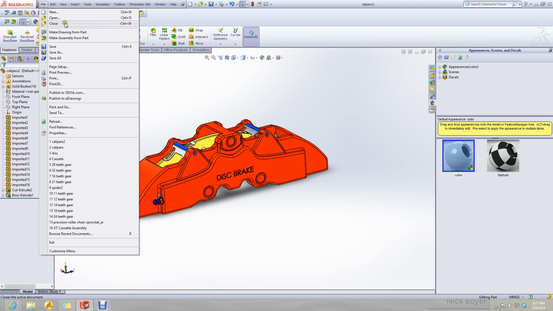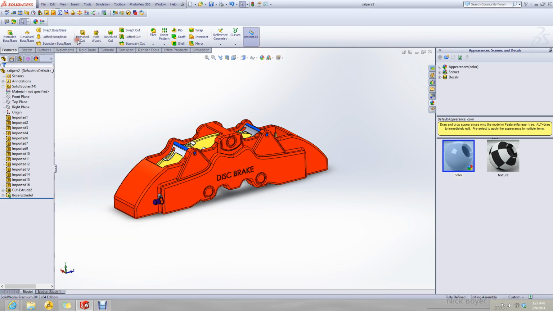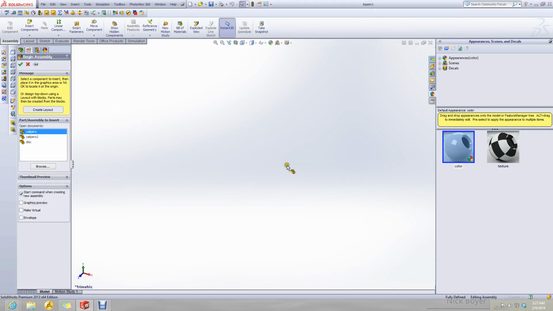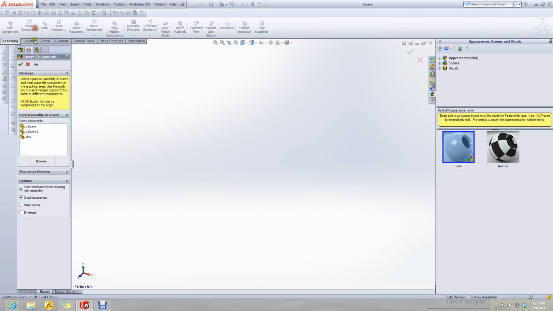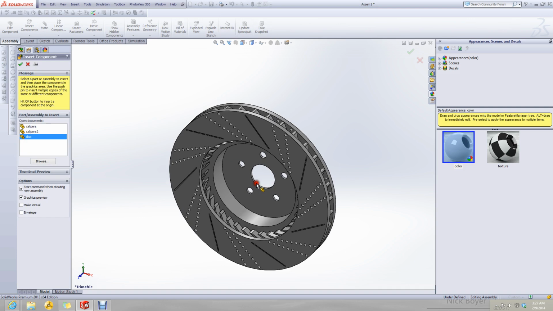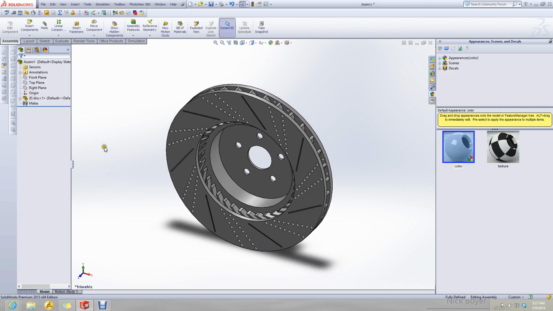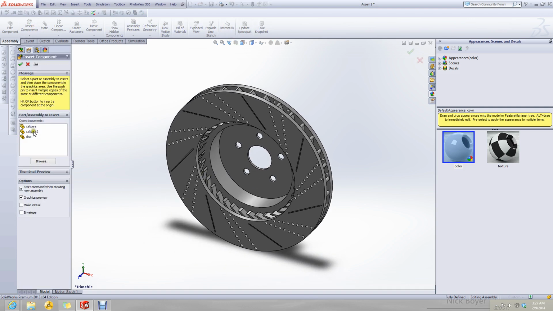Let's assemble it now. Here comes the disc. Here comes the calipers.